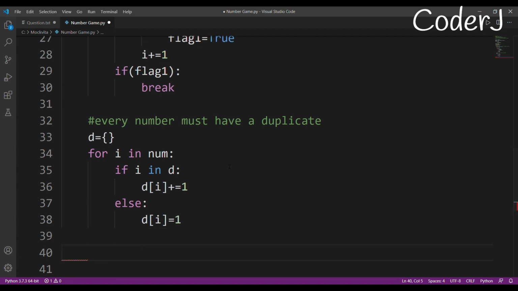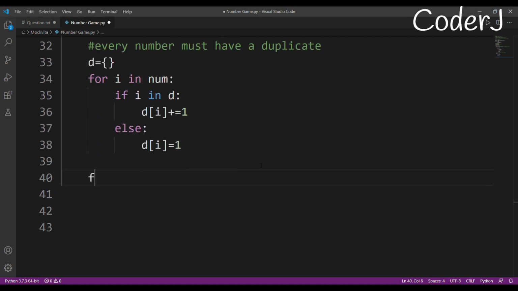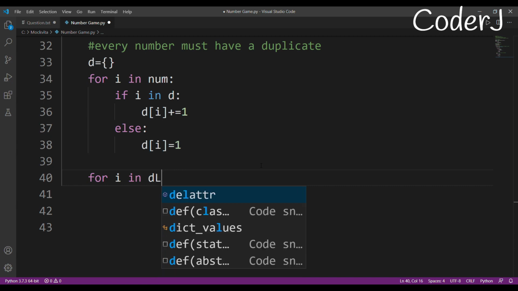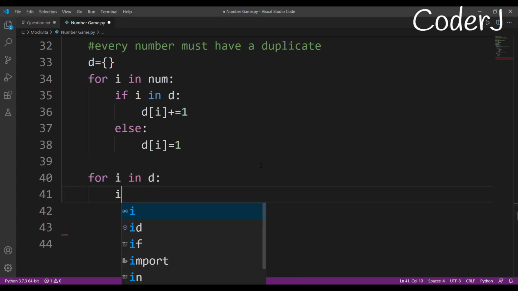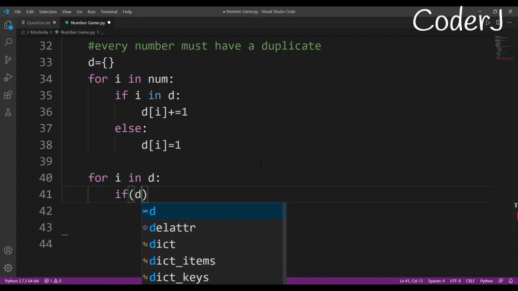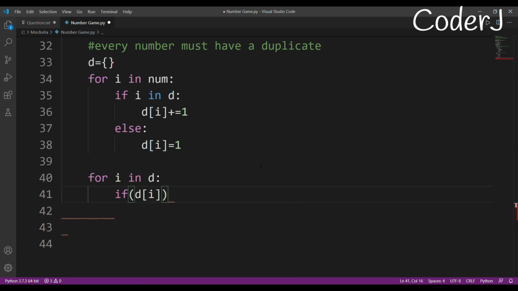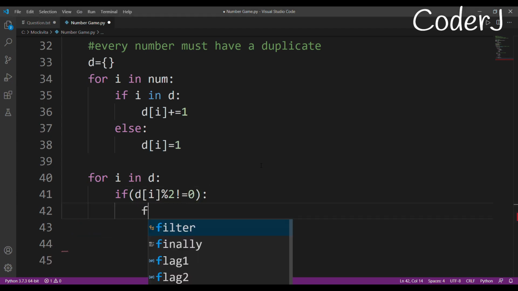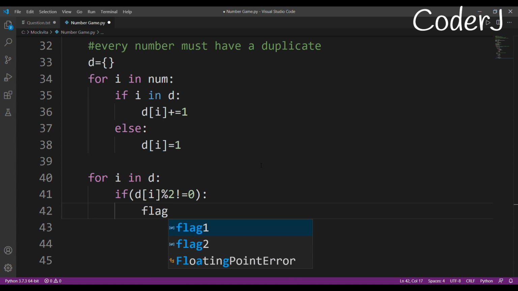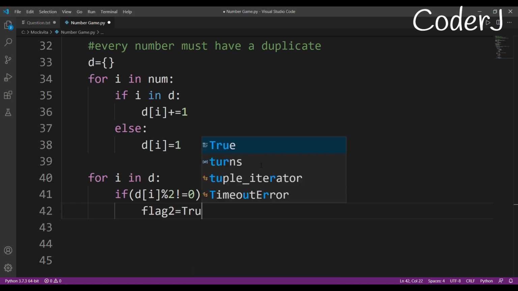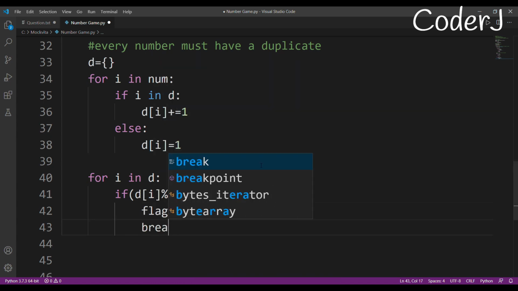Now with this, I have my dictionary done. I'll iterate over my dictionary and check if there is any number whose frequency is odd. If there is, make flag 2 true and break out of the loop.